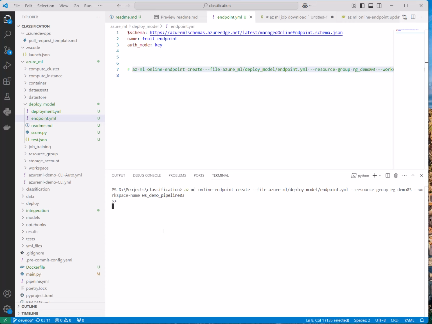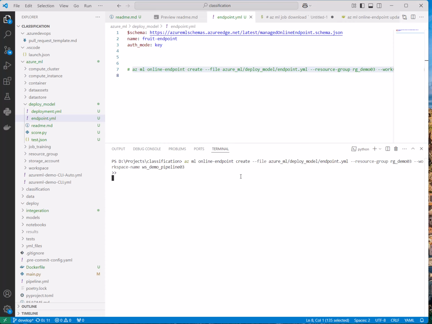So I think creating the endpoint won't take much time, but deploying the endpoint takes at least 10 minutes. It depends on some factors, I don't know. Okay,